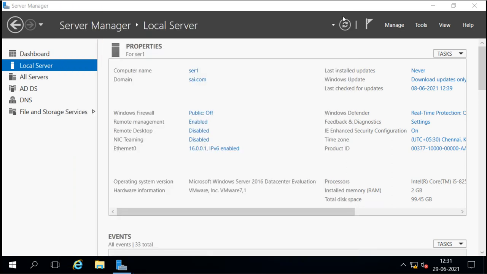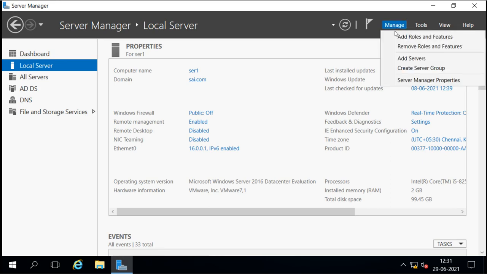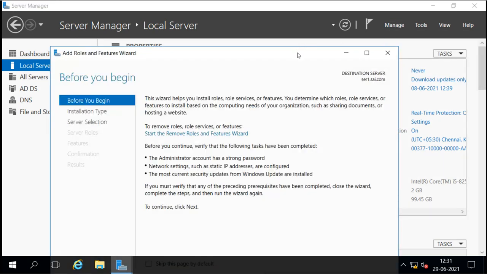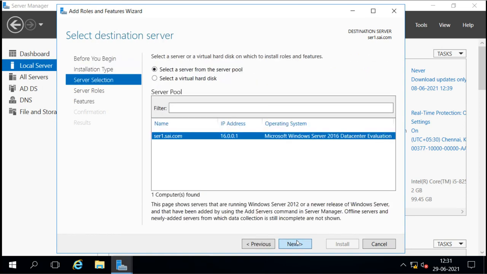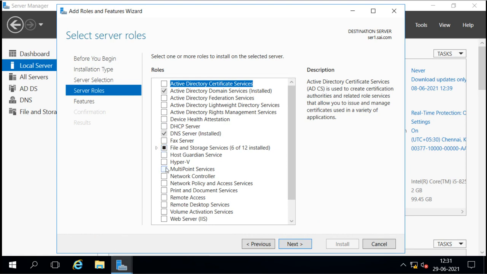Now what I will do, I will try to install the role. Remember, if my machine is supporting that, then I can install the role, and if it is not supporting, then I cannot install the role. So I will go to Manage, Add Roles, and here is the Hyper-V role.